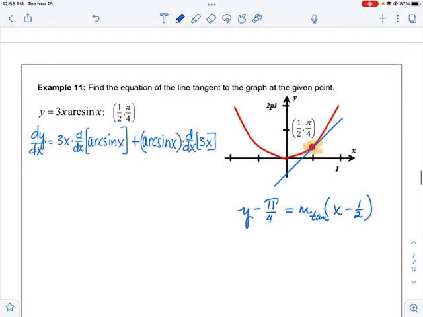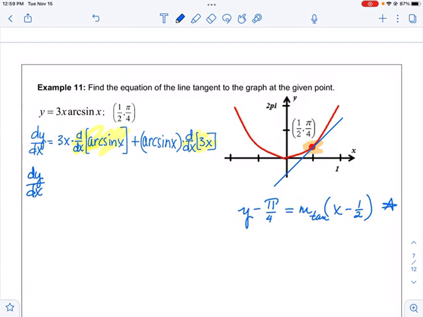Number 11, find the equation of the tangent line at the given point. So again, I start with the end in mind, and there's the point. I like to look at a graph and see what it looks like. Then if I'm going to do the derivative, I have the 3x times arc sine, so I've got these two derivatives that I have to take within the problem. With that one, I get dy dx. And all I really need to do is take the derivative, evaluate it at the given point,